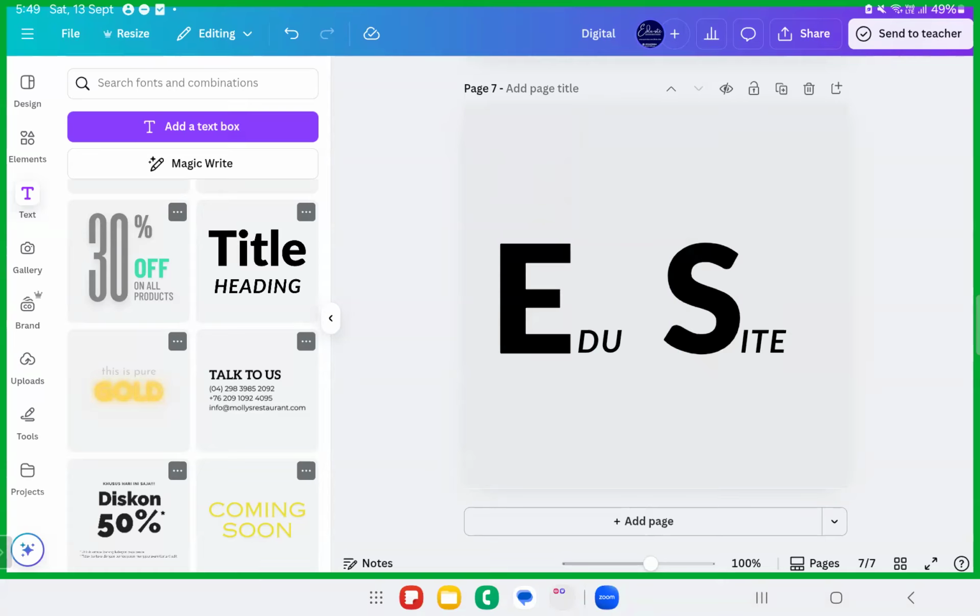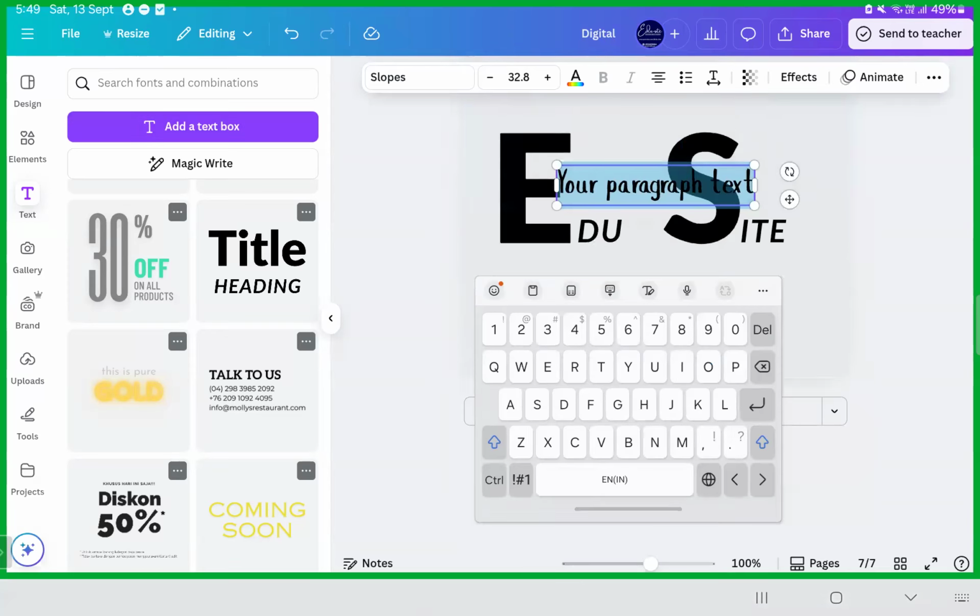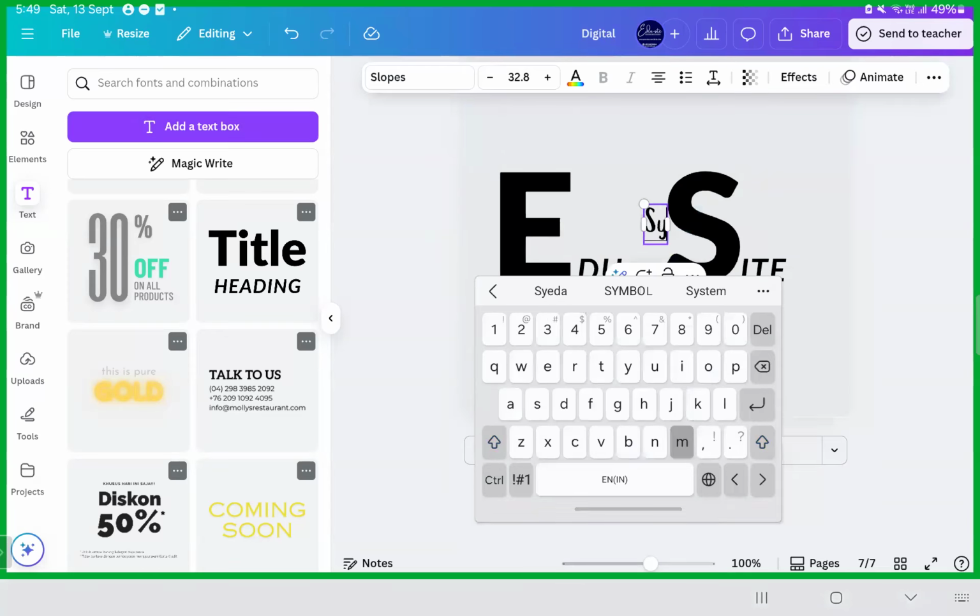Okay, you know how your textuals or your logo looks good? It only looks good with beautiful font combinations, beautiful color combinations, right? And the elements that you use must be beautiful, correct? Okay, this is how I added EDU-SITE. You can use some beautiful fonts. Then I'll make sure I'm adding a beautiful small text box, and in the text box I'll write the tagline,